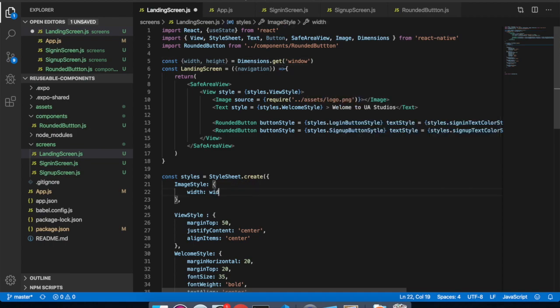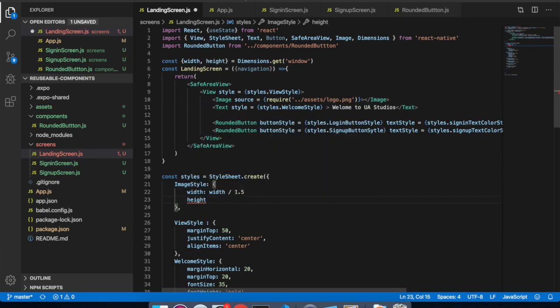Okay, we have this width divided by 1.5, then same as the height should be the equal of width, so height will be same like this. So